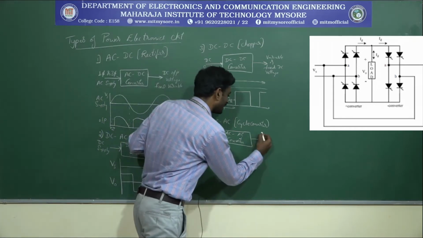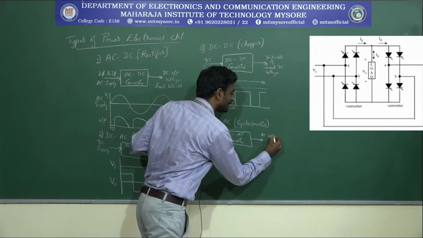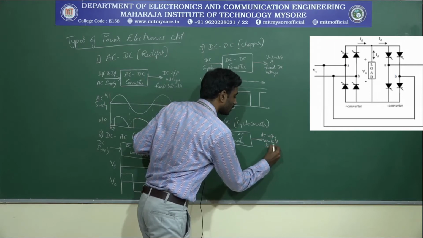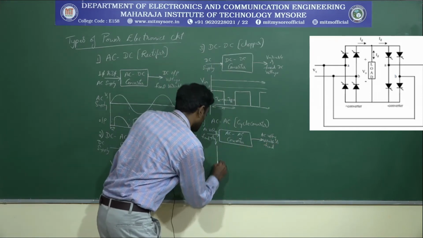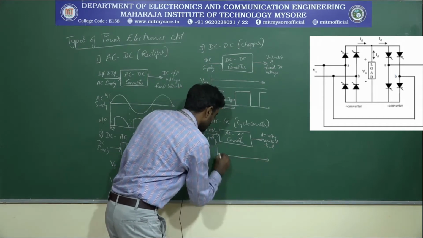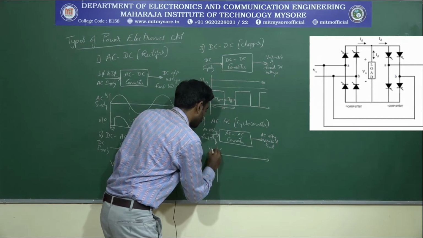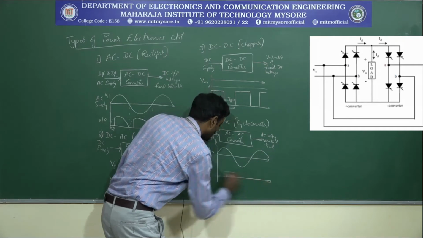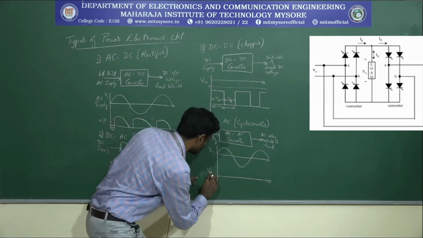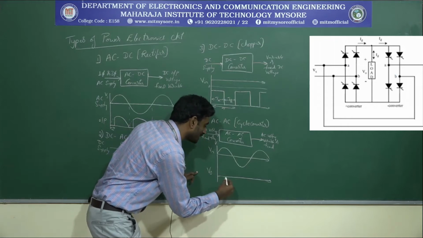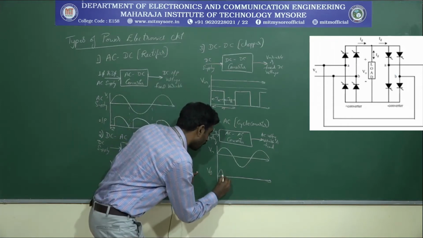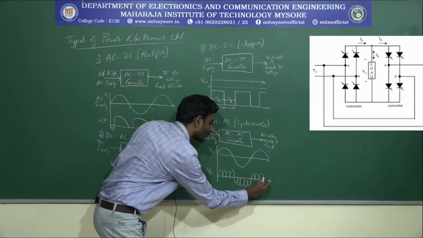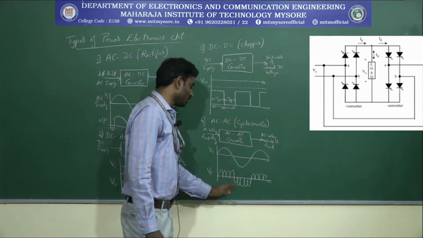Based on this, I will be getting an AC voltage that is variable or a fixed one in this case. For this particular AC, I will be giving an AC input voltage, that is an AC signal, a sinusoidal signal. Based on this, I will be getting an output, an AC voltage that is variable or fixed, where the output will be in a form of this. This will be the AC to AC converters.